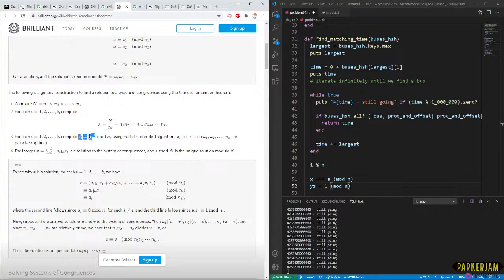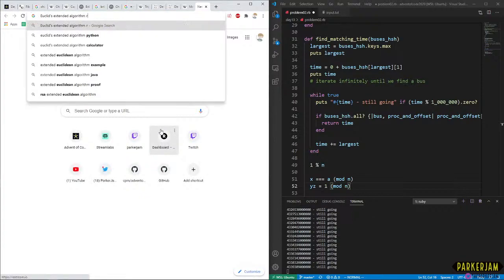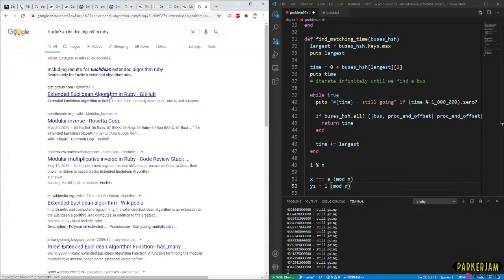Y times Z, and we're looking for Z. Mod n, using Euclid's extended algorithm, the inverse exists if the moduli are pairwise coprime. Let me actually look real quick first to see if we get this for free anywhere.